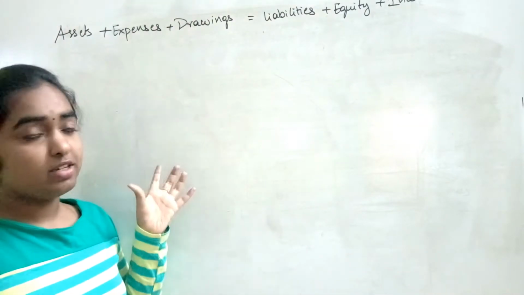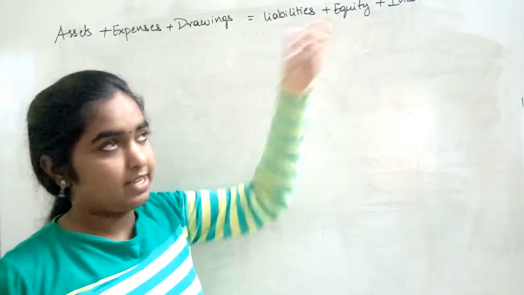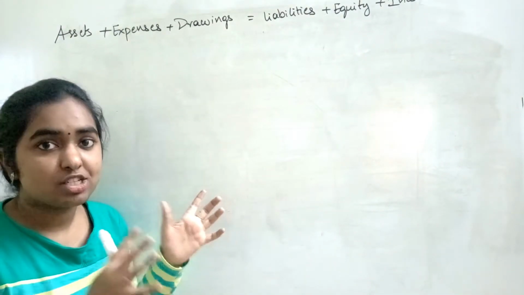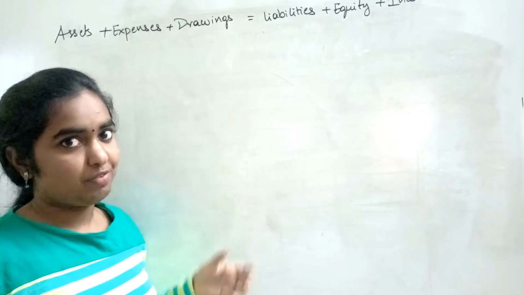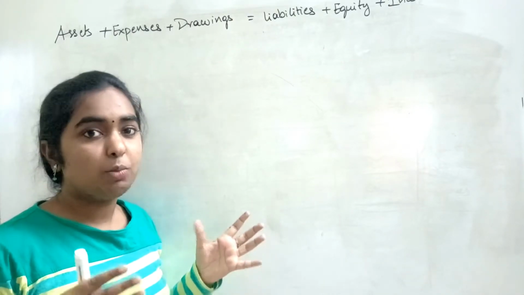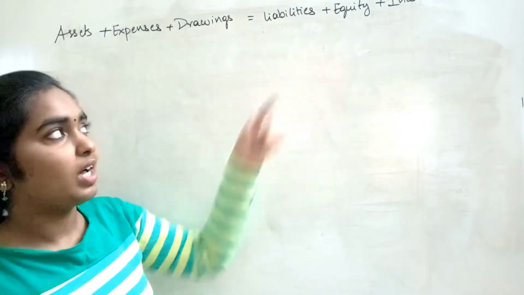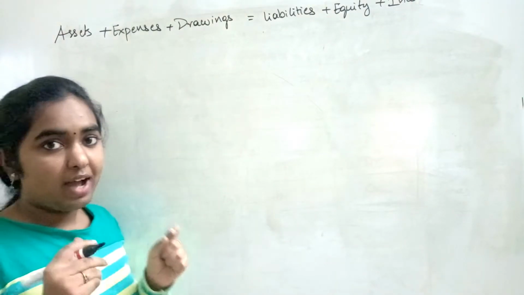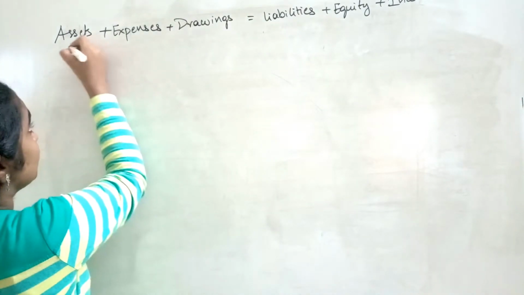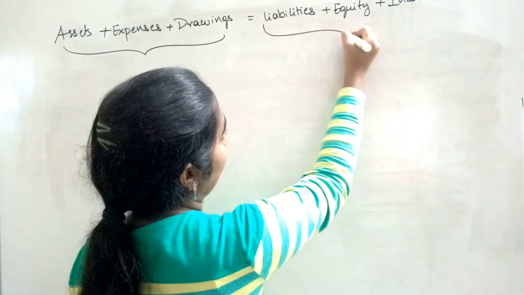Now if you see here, three aspects are on the left side of the equation, three are on the right side, right? So this classification is actually called as a modern classification of accounts. In the previous lecture, we have seen the traditional classification which is into personal, impersonal like that, right? So this is called as a modern classification of accounts. And here you have to remember one thing. These three are of one nature and these three of another nature.